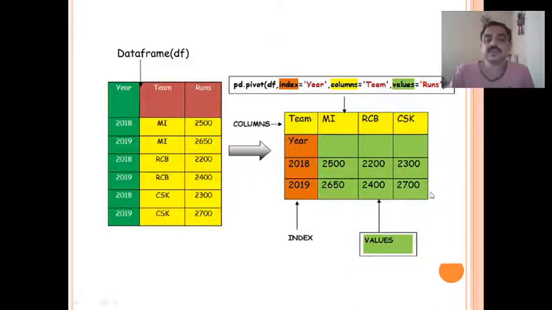This can be done with the help of the pivot function: pd.pivot, pass the data frame, then the index, columns and values. If you specify what the index, the columns and the values under them will be, the data will be rearranged accordingly. Here is how the data frame is rearranged using the pivot function.